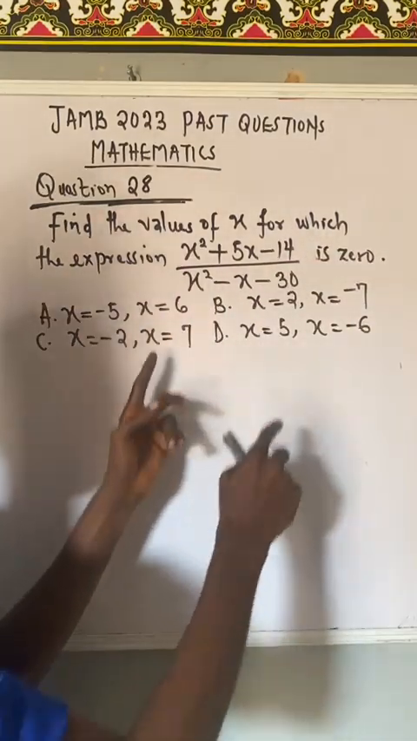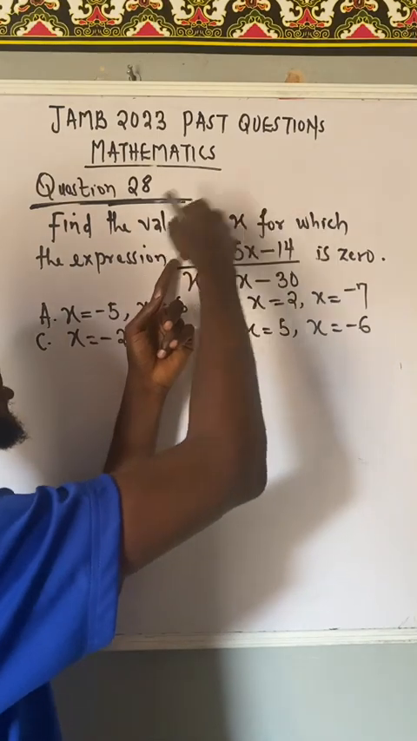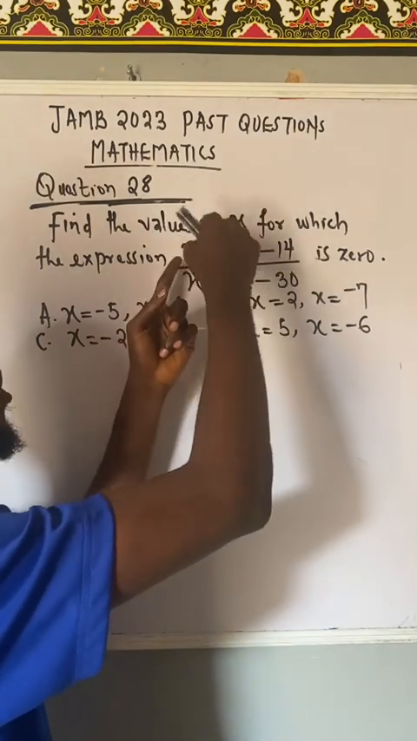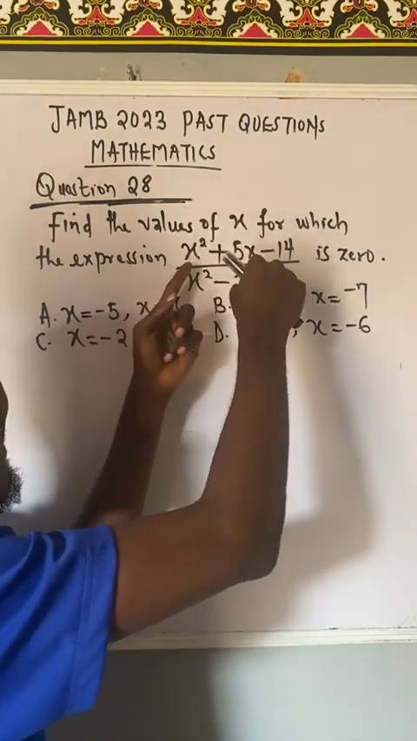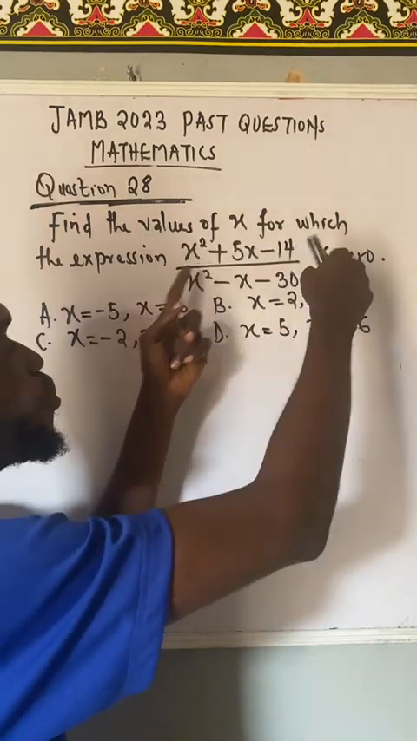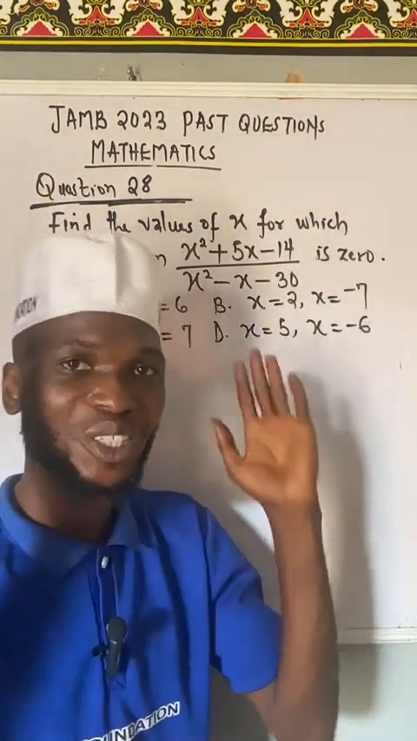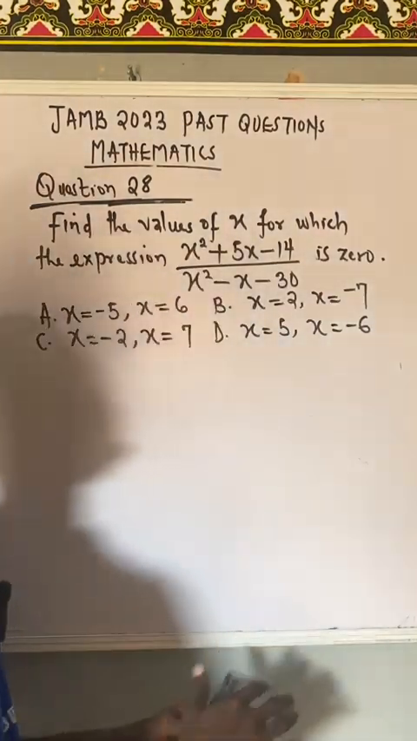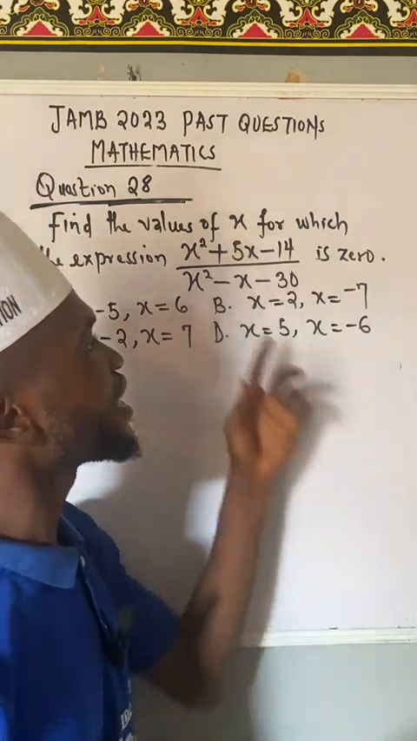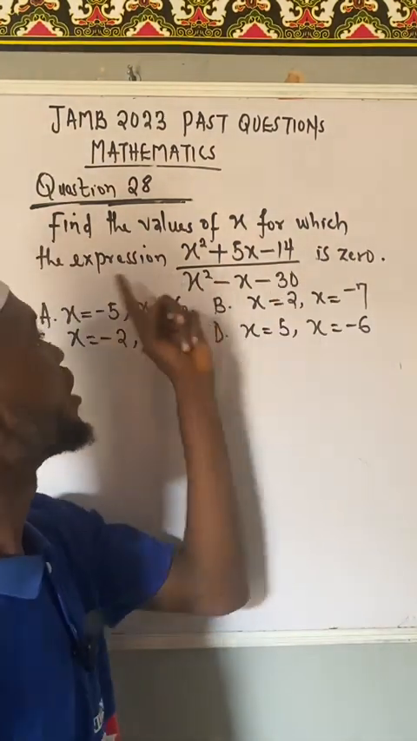For that type of question, you only deal with the numerator. So you will solve the numerator. Find all the values of x that will make the numerator become 0. Once the numerator is 0, the whole of the fraction becomes 0. So now, another way they can ask this question is to say that find the values of x for which